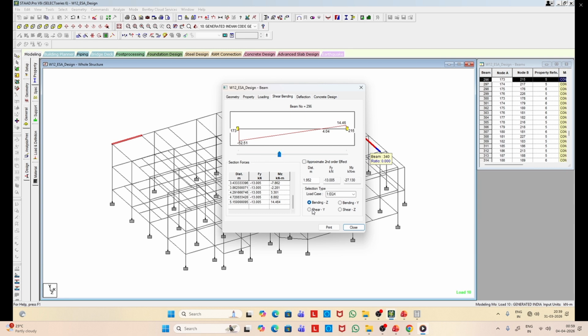You can also change it from bending to shear, and accordingly the diagrams change. Here are the different load combinations. For every load combination, you can also change and see the different structural response.